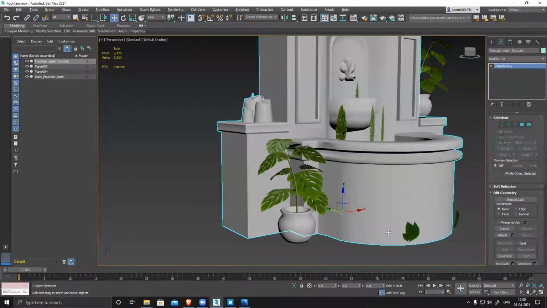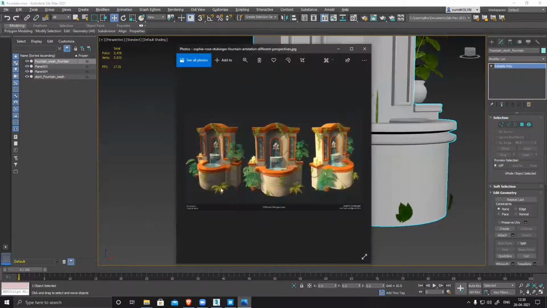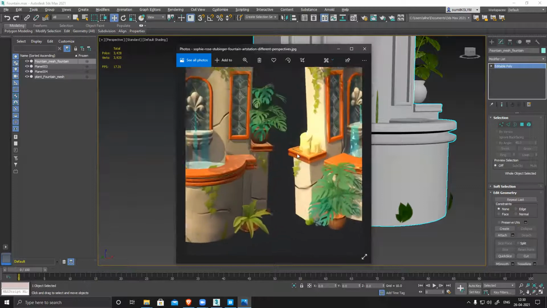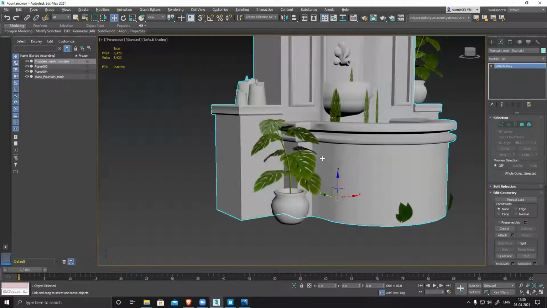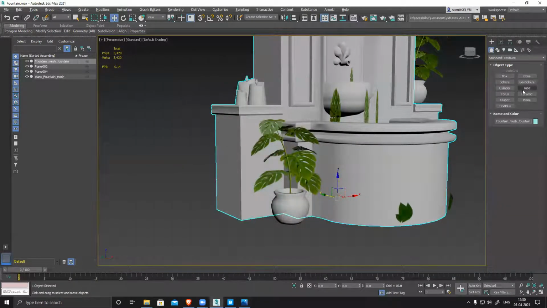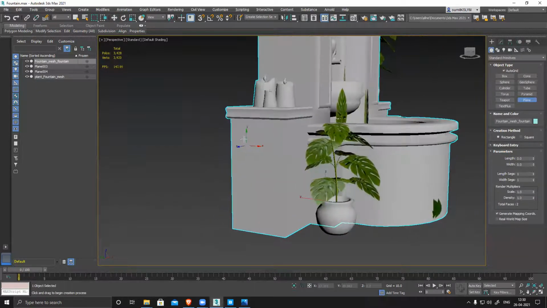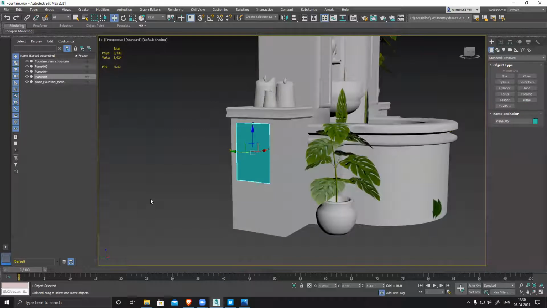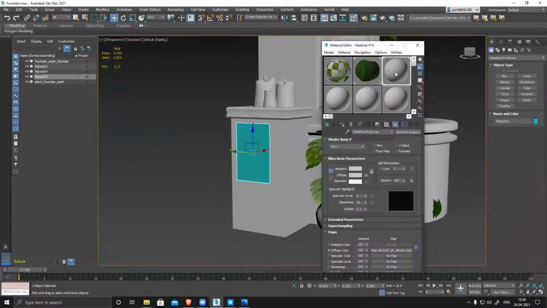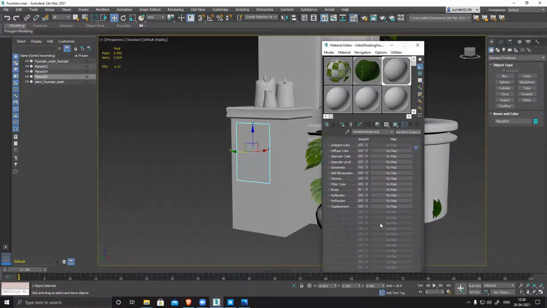Now I have another plane here from this section. Let me see. I have a plane here. So I'll place a plane, auto grid to snap on this surface and create this. Right click. Now I want to apply this texture here. Material, I believe this is standard only. Yes. Apply, map.